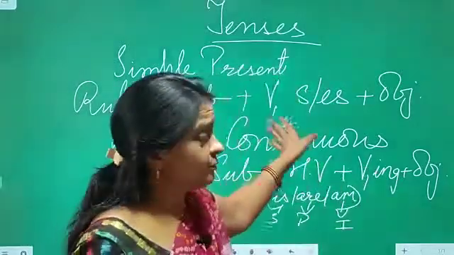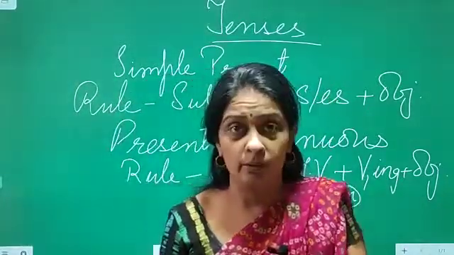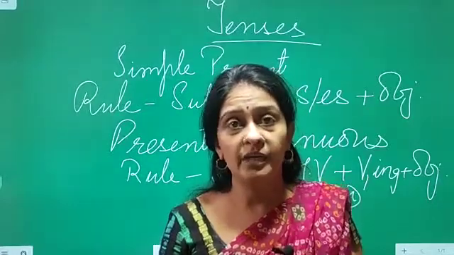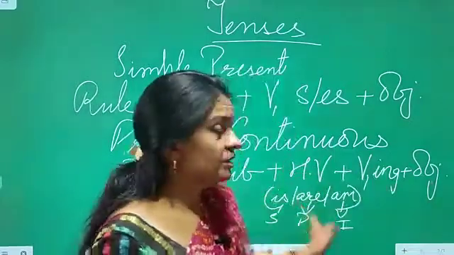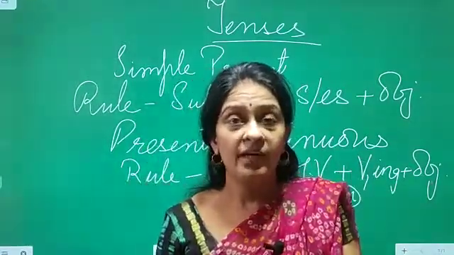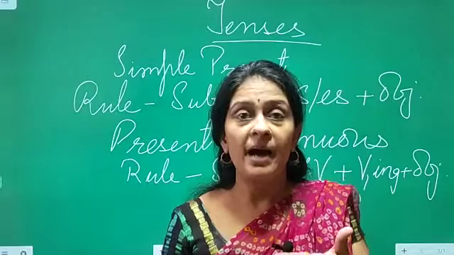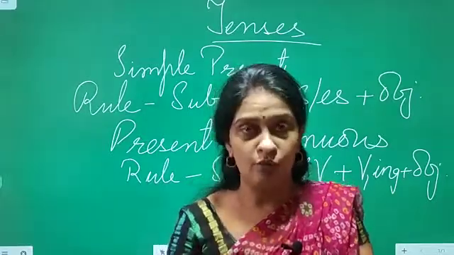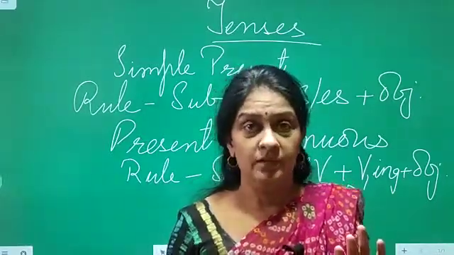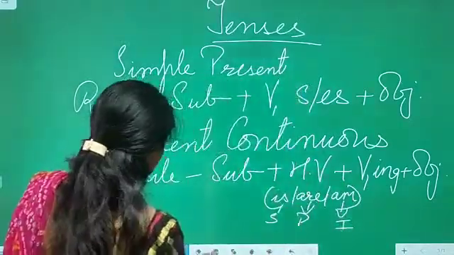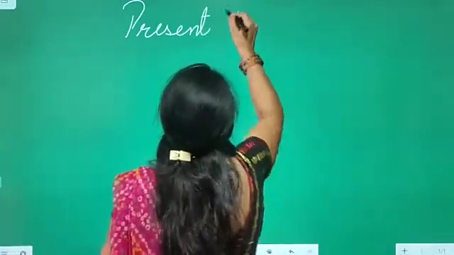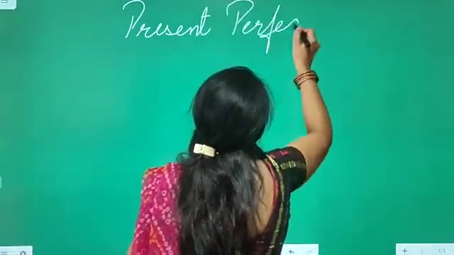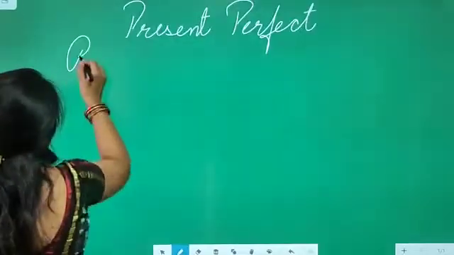Now, as we have discussed, present means the time which is going on, the action that you are doing in the present. वर्तमान में जो चीज हम कर रहे हैं, कंटिन्यूअस वही चीज चले जा रही है, परफेक्ट वो खत्म होने के पार्ट पे है, meaning it is about to finish but it is not yet finished. So in our present perfect, we will follow the rule as